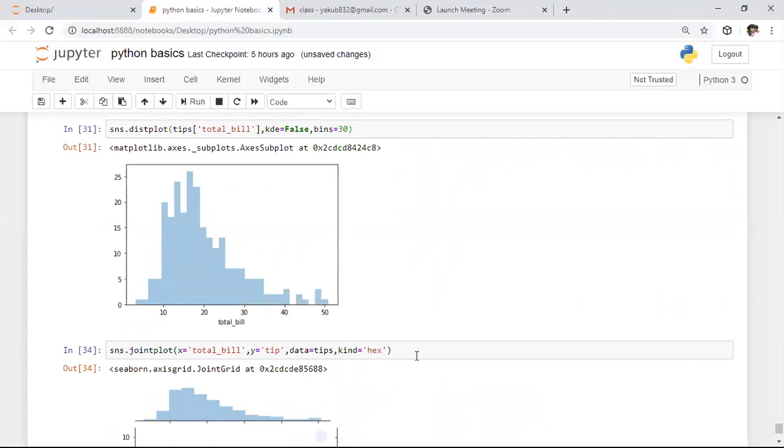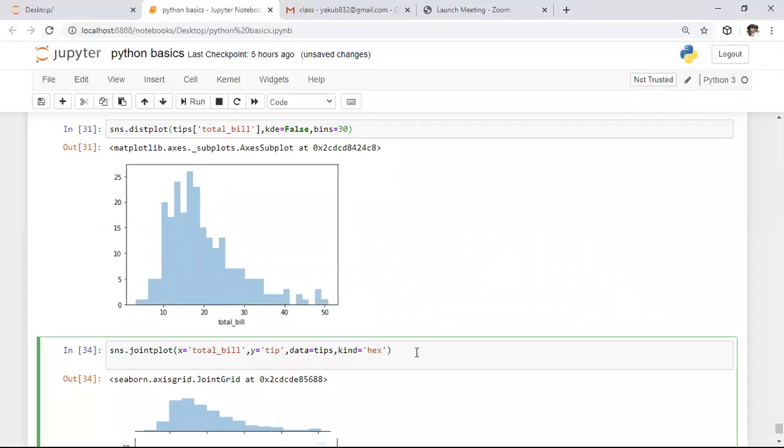In place of kind we can use hex, scatter, and a few more plots, that is residual plot or KDE plot. If you want to use KDE, you can use kind KDE also. Based on your requirement in the joint plot you can use any kind of plot.